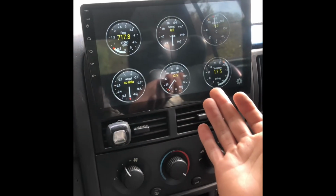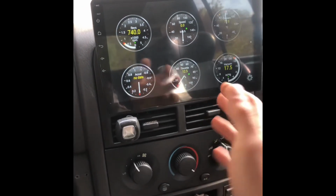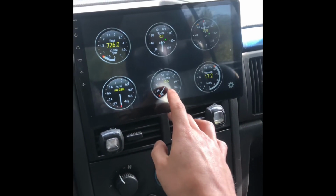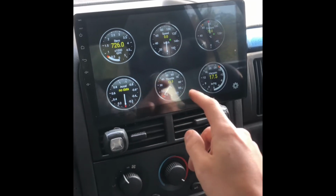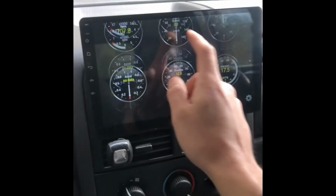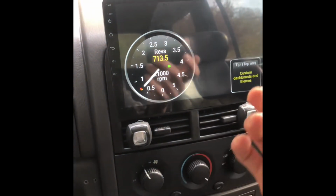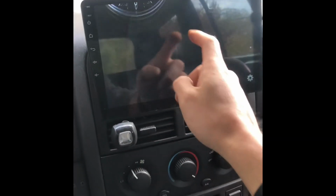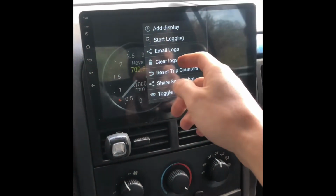If I had to diagnose a problem, like I have a throttle position sensor code that came and went this morning, this is throttle percent right here. With the car off, I could push the pedal down and make sure it's not skipping around on numbers or anything. So this thing is definitely really useful to have. It's nice to just have it there too. I leave it plugged in and I just connect to it if I ever have an issue. So that's really nice. This is the RPM gauge,